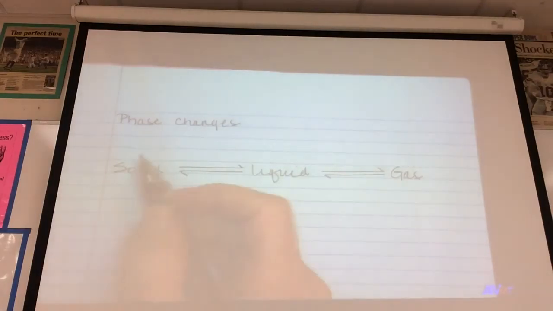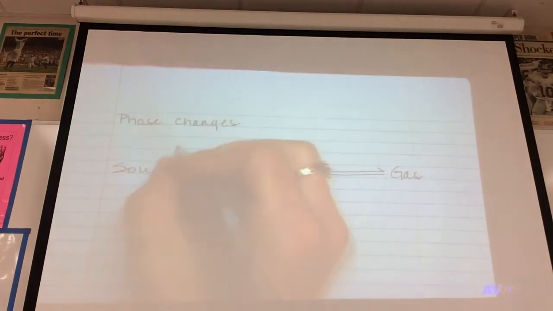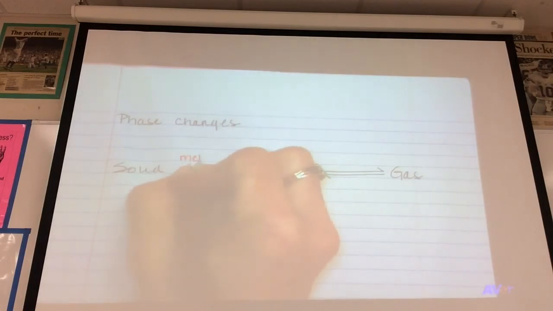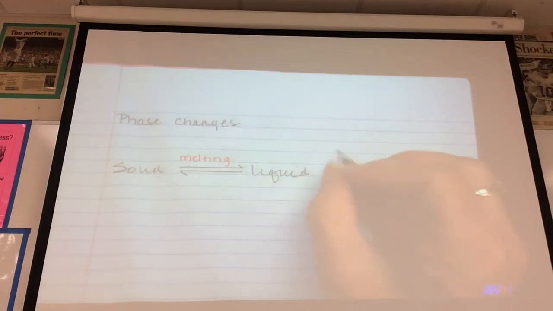And when a substance transitions from the solid to the liquid state, that phase change is known as melting, transitioning from liquid to gas, that is known as evaporation, vaporizing or boiling,